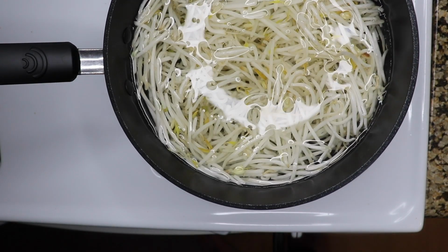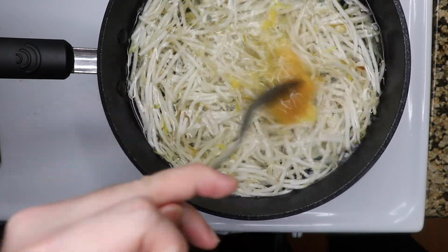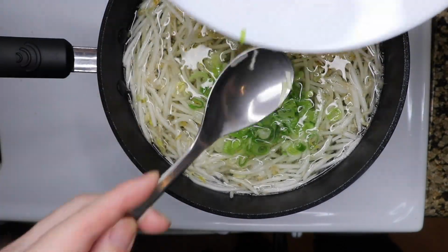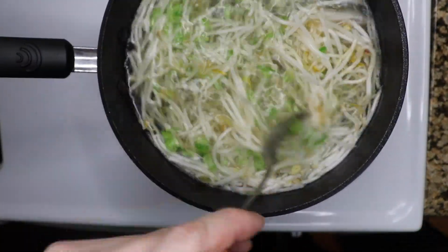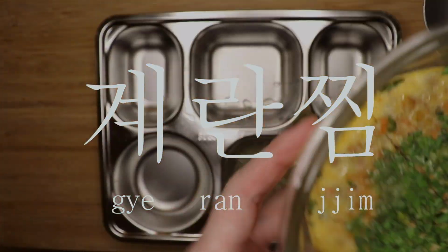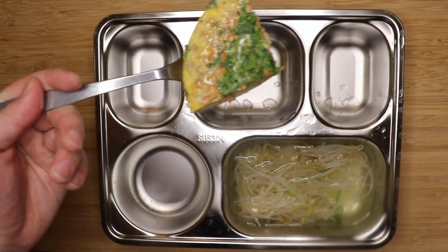Keep the lid off, and when it comes back to a boil, put in 1 tablespoon of minced garlic, 1 chopped spring onion, and salt to taste. That's it. And finally, another Korean cafeteria classic, steamed eggs or 계란찜. Mind you, there are about half a dozen ways to steam eggs in Korea, and we're not even counting those